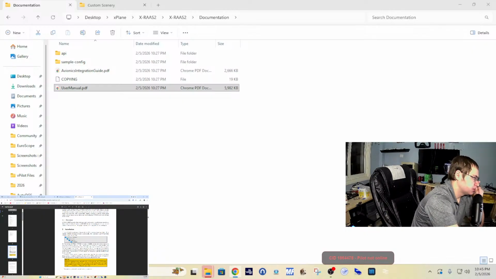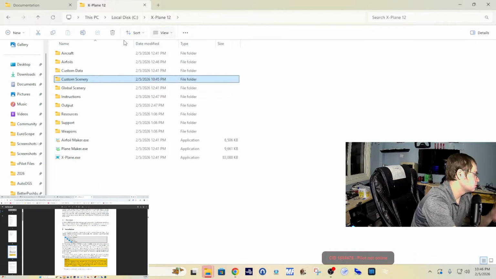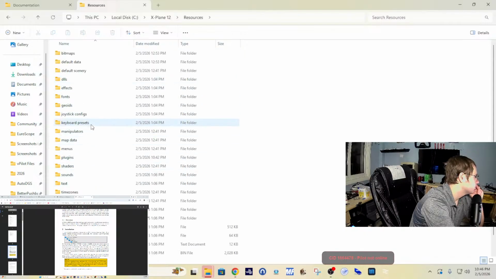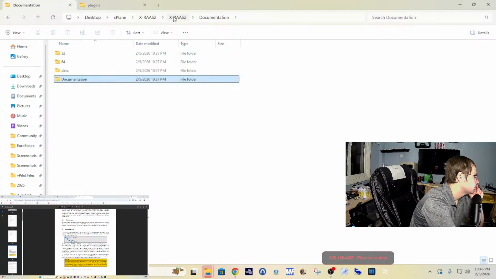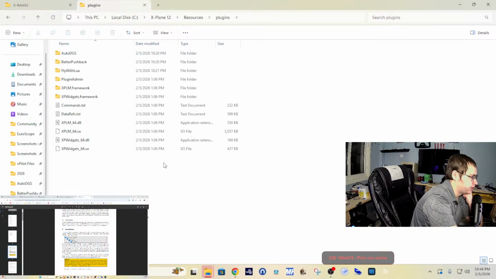Yes, plugins. Plugins. Resources. Plugins. So, for those who don't know, RAS is what's known as a runway awareness and advisory tool,